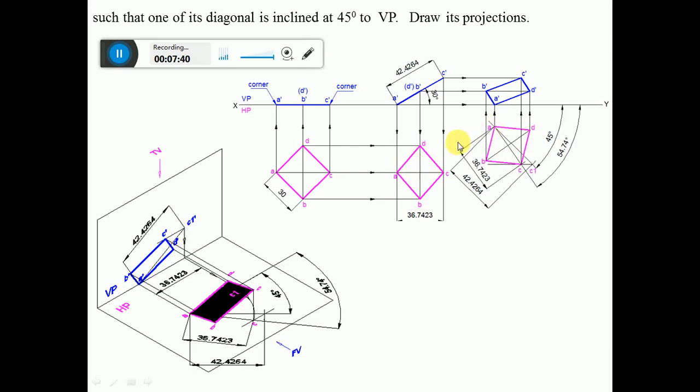So since we are rotating like this, so A, B, C, D, and then you will be able to get this beta inclination. So we are trying to find out the beta inclination because here you have the apparent length. That is the reason why we need to find out the apparent inclination in the third position top view and get the front view, which is going to be this.